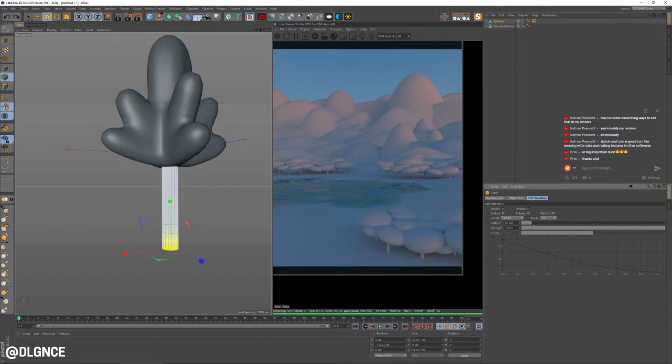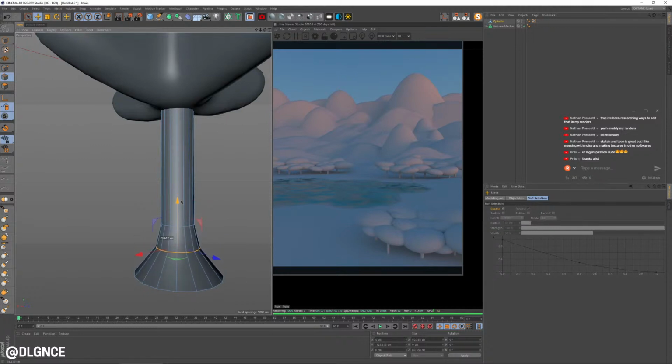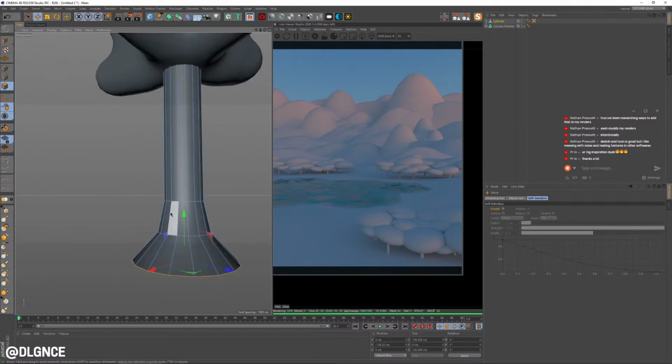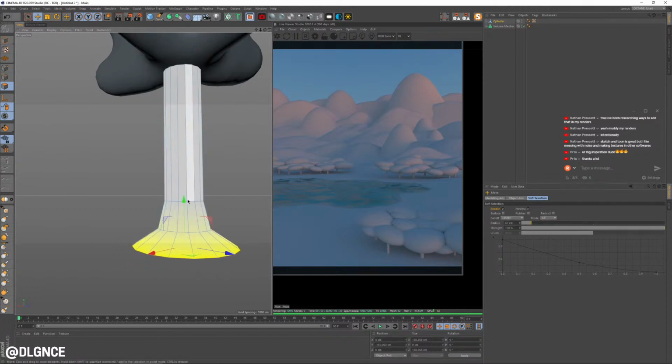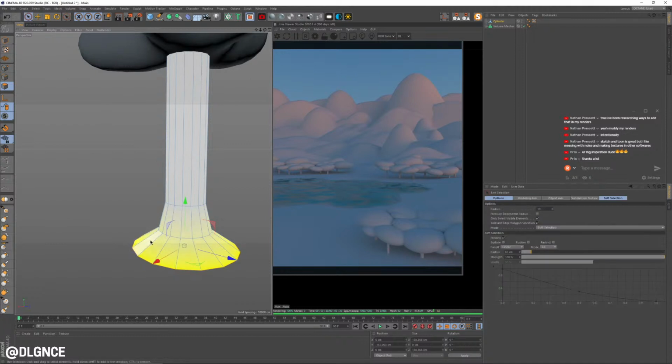I'm going to turn on soft selection because for whatever reason by default they don't connect. Scaling them both up. I don't know why that's the case, but default Cinema does not connect the caps of cylinders. Irritating. Well, that's at least R20. I'm still in R20, so maybe that has changed in subsequent generations of the product. Why? Oh, and I can't grow the selection, of course, because